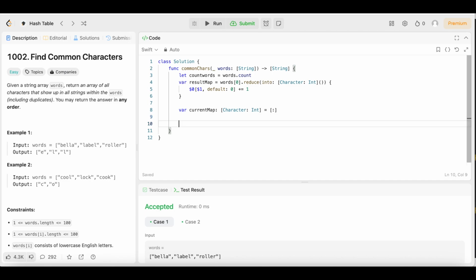Then we're going to come underneath that. We're going to say for i in 1 up to count words. Excuse me, y'all. Open up the brackets. We're going to say current map is equal to a blank dictionary. Then underneath that, we're going to say current map equal words, open up the square bracket, i, come outside that, say dot reduce, open up the parentheses, into,